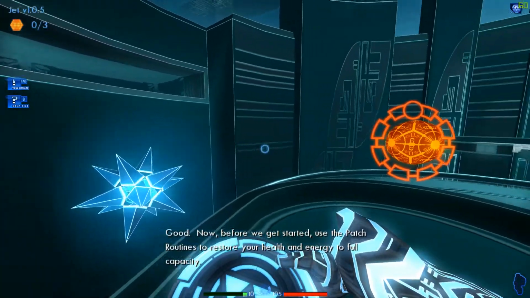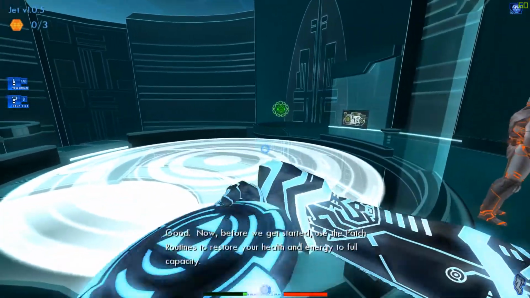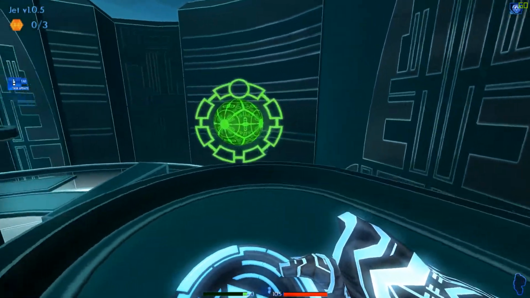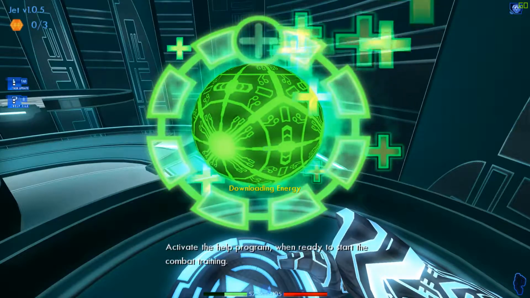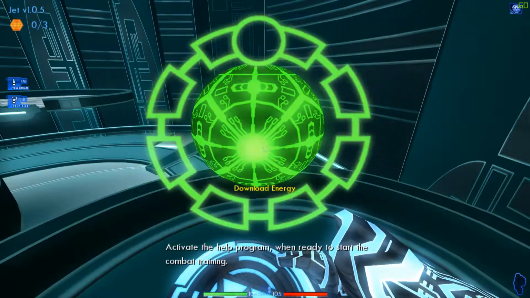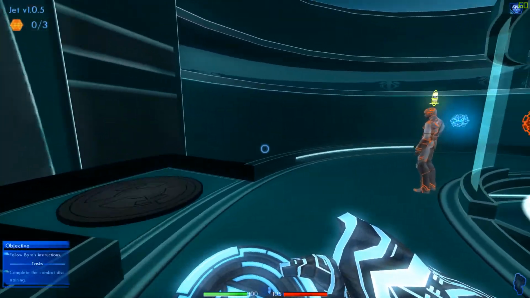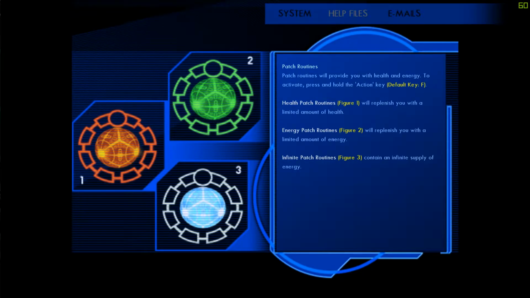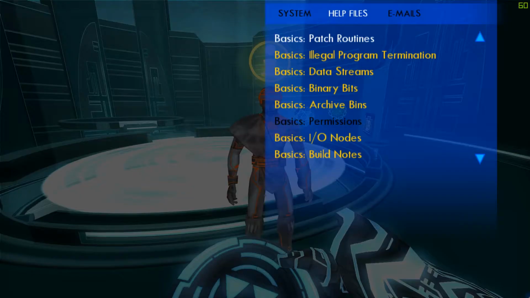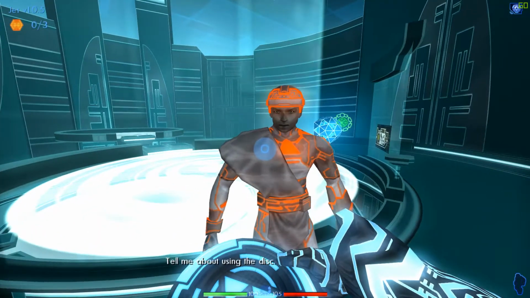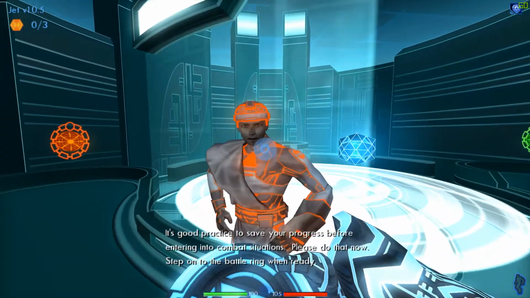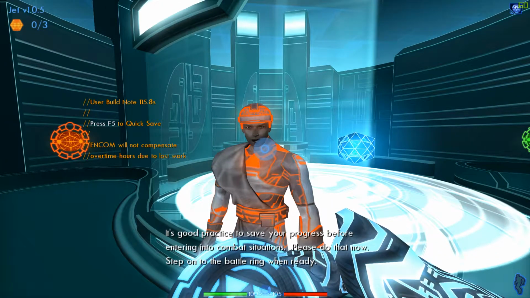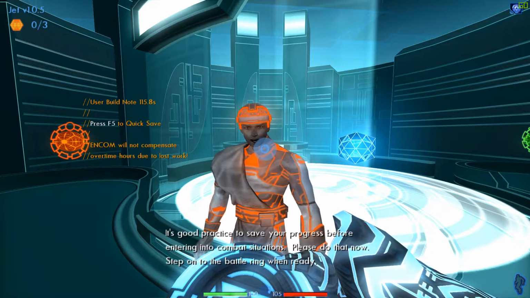Now before we get started, use the patch routines to restore your health and energy to full capacity. Activate the help program when ready to start the combat training. Tell me about using the disc. It's good practice to save your progress before entering into combat situations. Please do that now. Step onto the battle ring when ready.